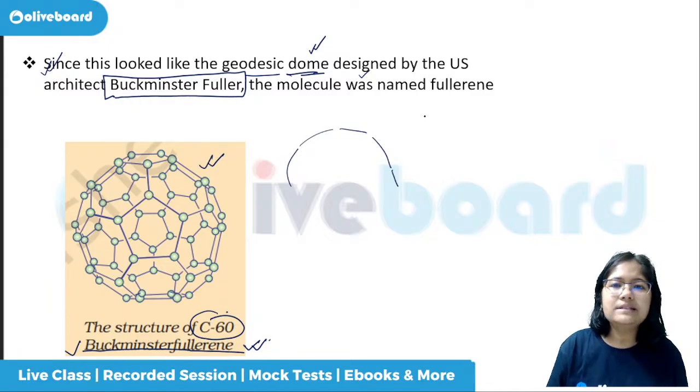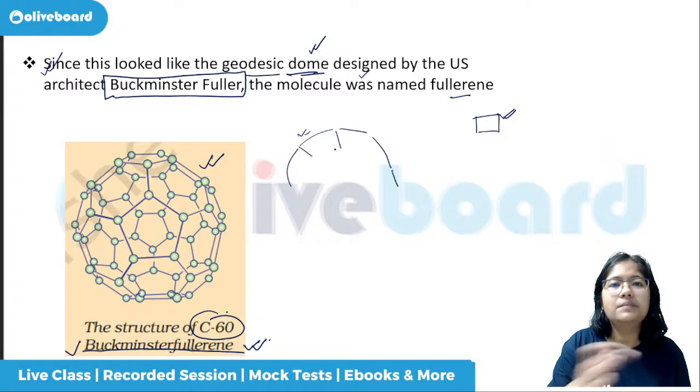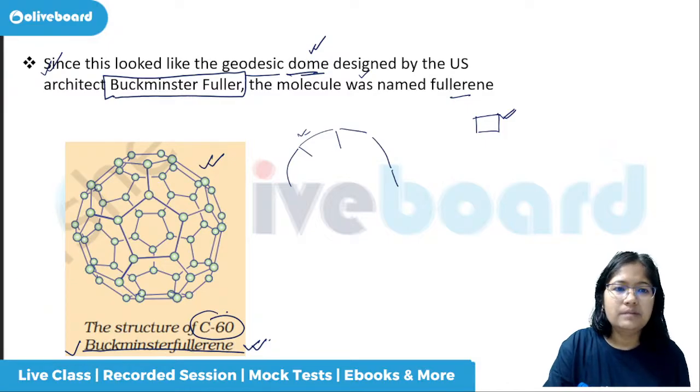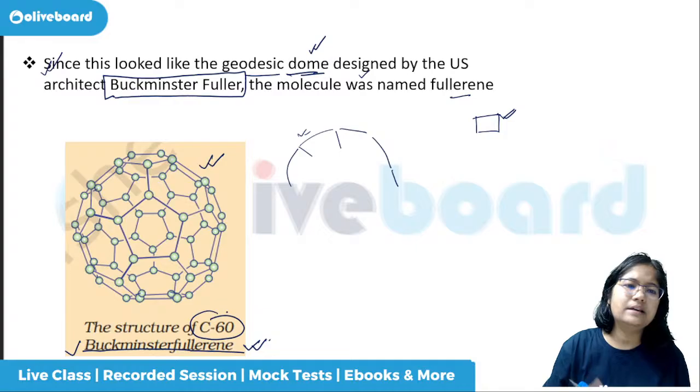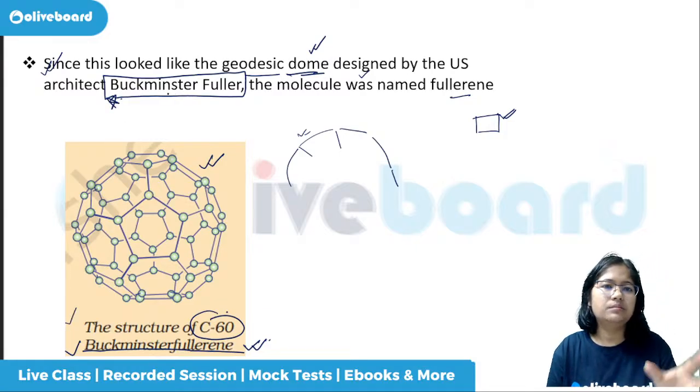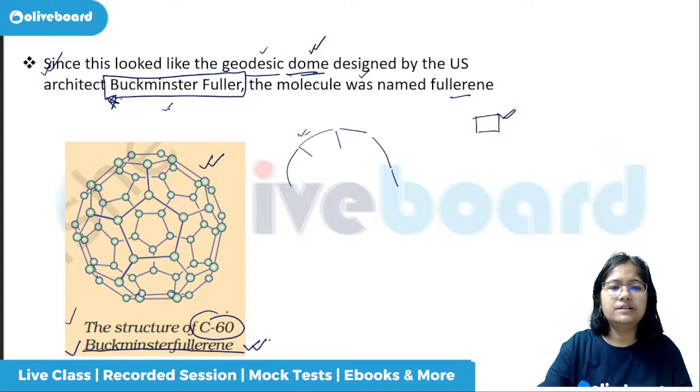So based on that, they have given the name geodesic dome, which was designed by the US architect Buckminster Fuller. Fullerenes are like igloos, but an igloo will be made of compressed ice blocks, and these are tents only. They are made from some other material and not directly by the ice. If you are using the term igloo, that means it has to be made of ice. So just because of the structure appearing like this, they have given the name dedicated to the person who designed this kind of domes, and that is Buckminsterfullerene.